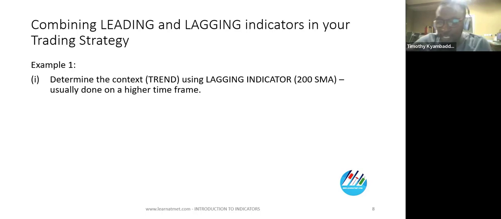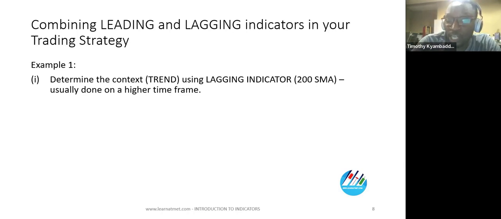Those of you who have been with us, we've used this tool, and this week alone, it has given us a lot of profits. So part of our strategy, we use a lagging indicator, which is the 200 SMA, simple moving average. We use this to ascertain which currencies are strong and which are weak, and we match them together. For those of you who might have missed the teachings on this indicator, if you visit our YouTube channel,